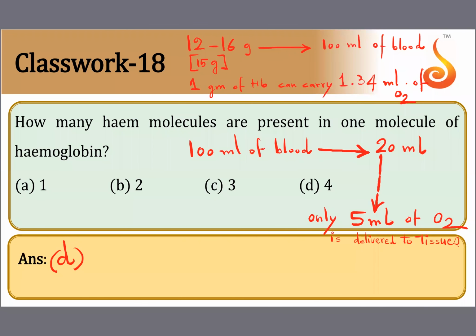So out of 20 ml of oxygen carried by 100 ml of oxygenated blood that reaches your tissue, not all the 20 ml is delivered to your tissue. Only 5 ml of it is delivered successfully. That is again because of the oxygen dissociation curve. At the tissue, the partial pressure of oxygen is less, 40 millimeter mercury. In the sigmoid oxygen dissociation curve, the saturation falls from 100% to 70%. If 70% is the saturation, the remaining 30% has gone to the tissue. 30% out of 20 ml is approximately 5 ml. Okay.